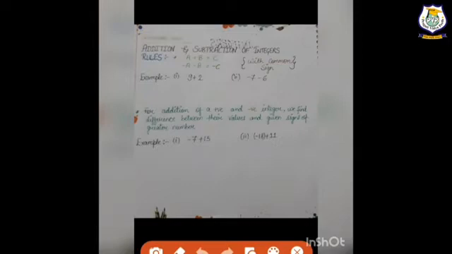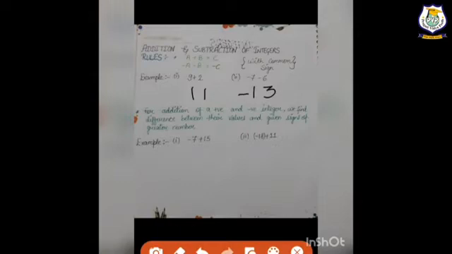Now our first example is 9 plus 2. 9 plus 2 is 11 and both have the positive sign, so the answer also comes with the positive sign. Now the second example, minus 7 minus 6 is minus 13 and both have the negative sign, so here the answer will also come with the negative sign. Now as I told you, before 13 I indicate the minus sign, but before 11 I have not indicated the positive sign. Why is it? Because 11 takes the positive sign by default. We will not write the positive sign before the number.